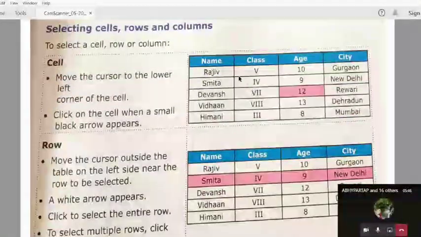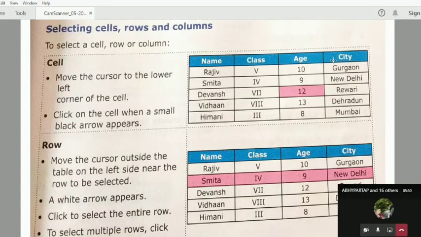This is the table which is showing the name, class, age and the city. So here we are representing the data in the form of rows and columns. Now we are going to learn what are the rows and what are the columns. As you can see here, under the name you can see the names of the various students. Under the class you can see the classes.